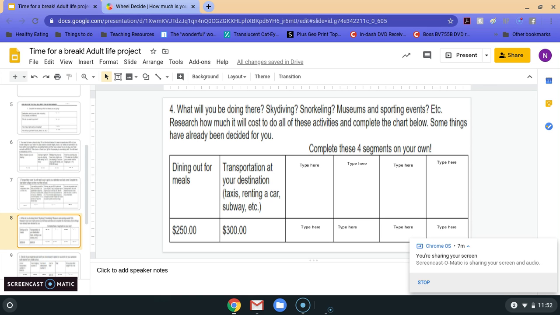So that means maybe you're taking a taxi or an Uber, maybe you're going on a subway, renting a car, maybe you go on a train when you get to your destination. That's going to be $300 for everybody too. So you can pick now 4 different activities that you want to do and how much they cost. So if you want to go snorkeling, maybe research how much it would be to go snorkeling in that area. Usually there are a lot of mom and pop shops that do the little tours and stuff. So you can look up those. Maybe there is a museum you really want to go to and research the admission price. Go to the museum website, see how much it costs to get in.